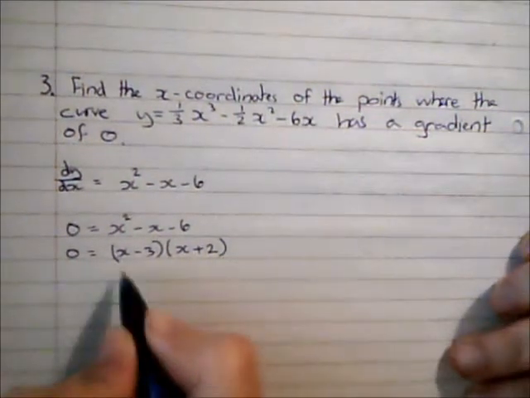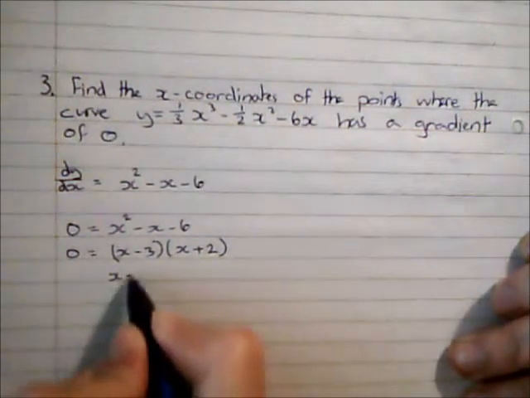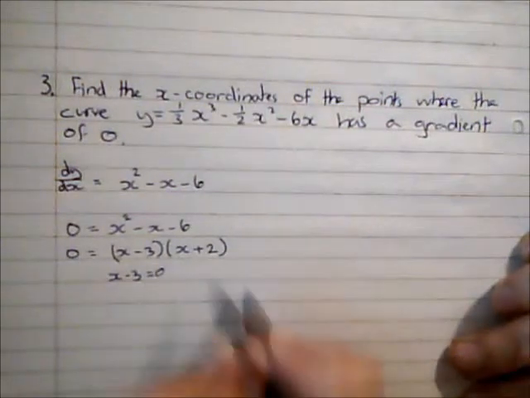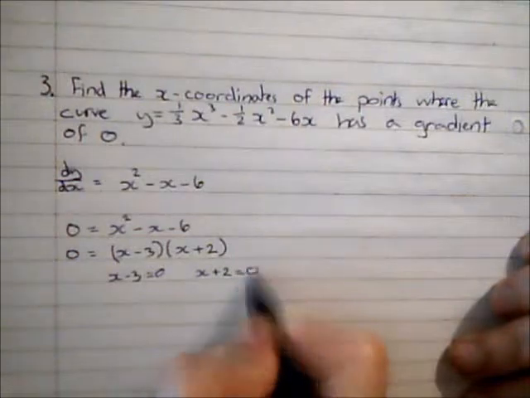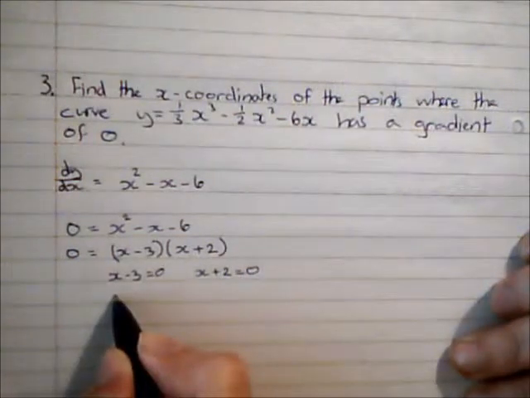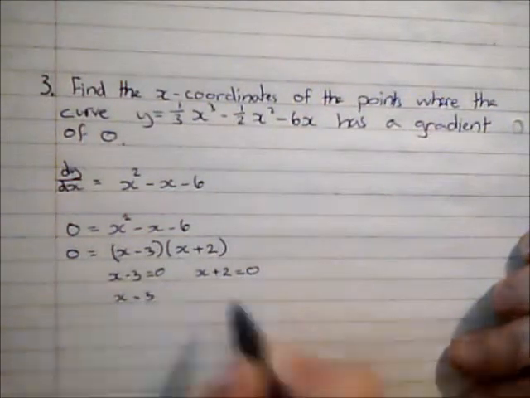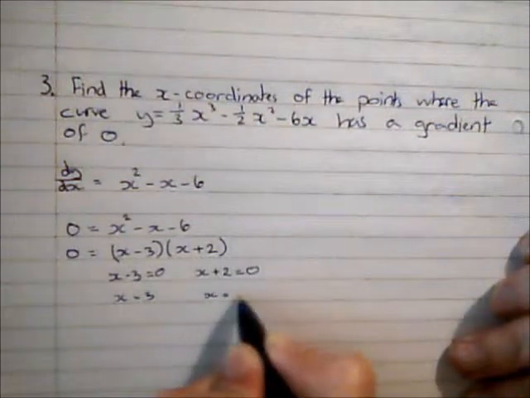So from this first bracket I will get x minus 3 equals 0, and from my second bracket I will get x plus 2 equals 0, and then solving that gives me x is equal to 3 and x is equal to